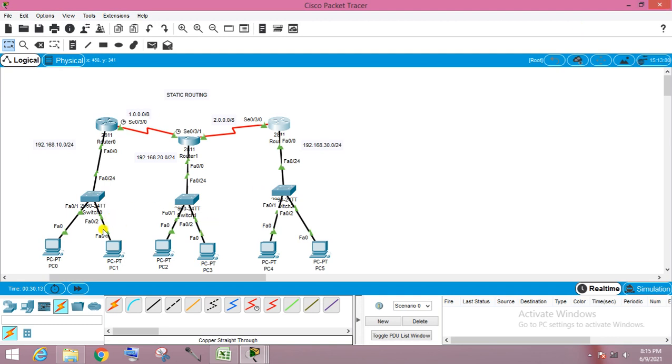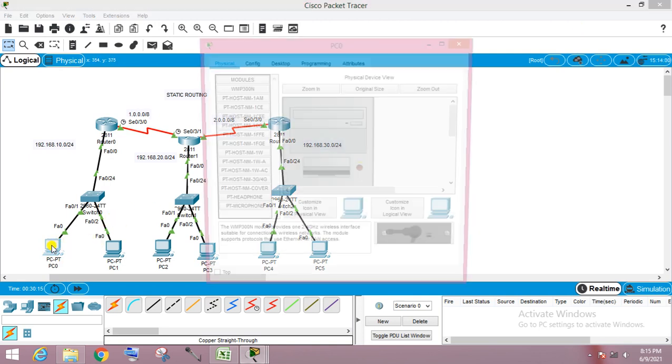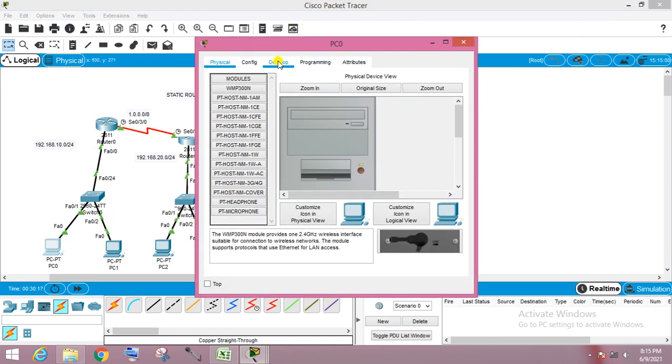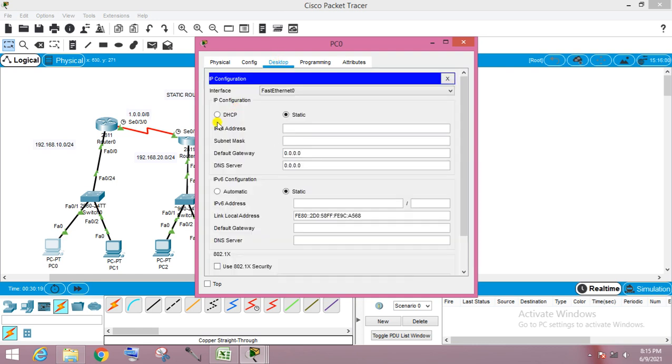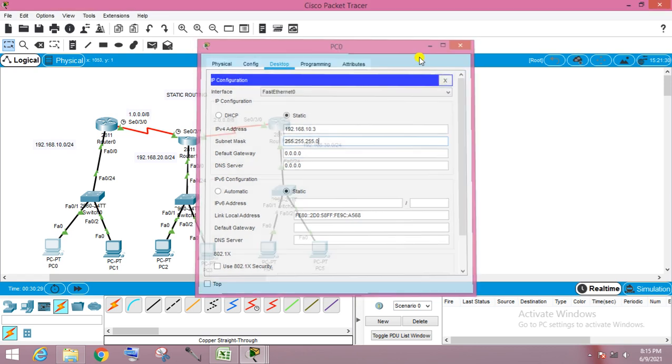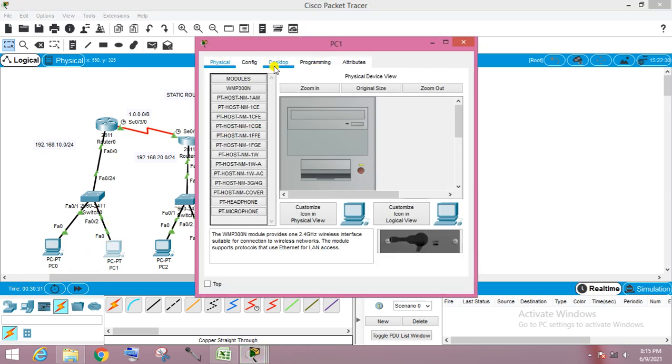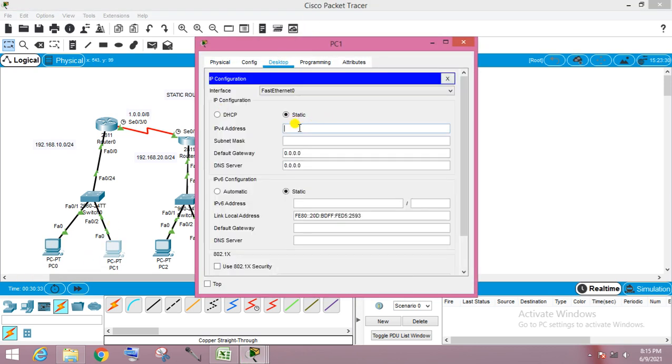Now we will go to the PC section. Go to PC, desktop, IP configuration, give the static IP 192.168.10.3. For the next PC, desktop, IP configuration, static 192.168.10.4.